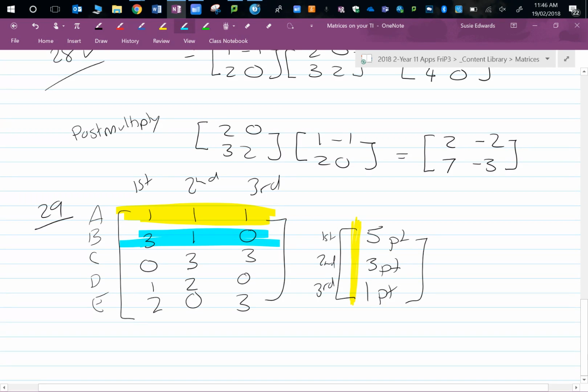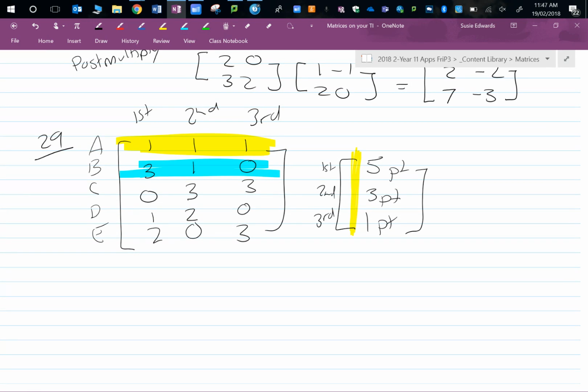I would go 3 times 5 plus 1 times 3 plus 0 times 1, and we'd get our answer. So what we're actually doing in this question, and that's where we have to try and think about what we are trying to do, is we're just saying this times by this. And we can check that we're doing the right thing by going,